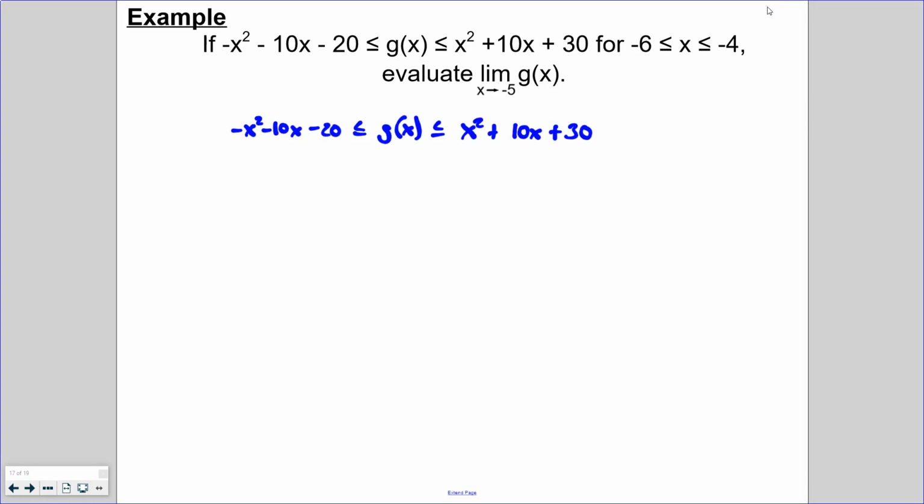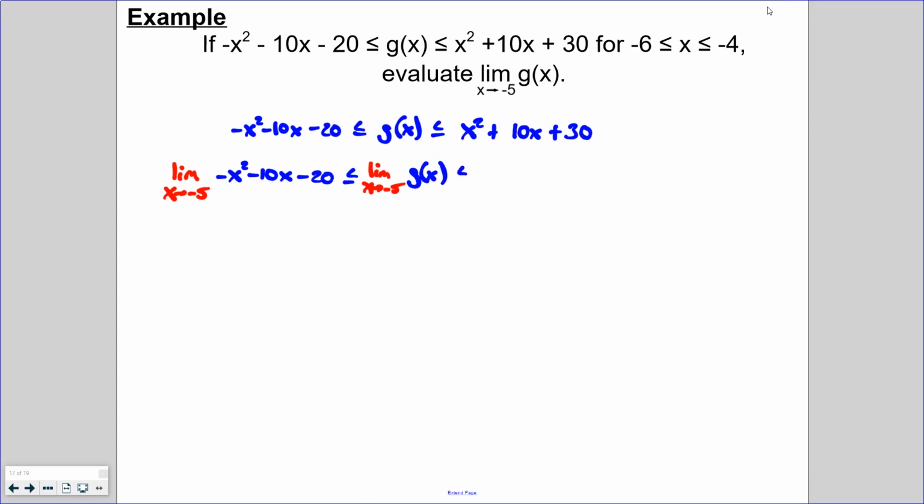And now we're trying to evaluate the limit of g of x. But remember, with inequalities, what we do to one piece of the inequality, we have to do to all of them. So we'll take the limit of each piece of the inequality. So we'll take the limit as x approaches negative 5 of negative x squared minus 10x minus 20 is less than the limit as x approaches negative 5